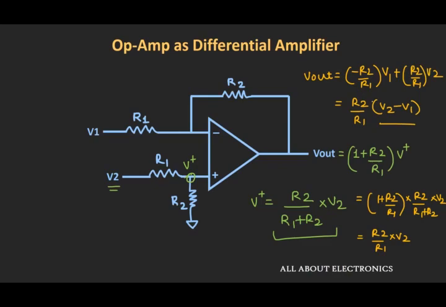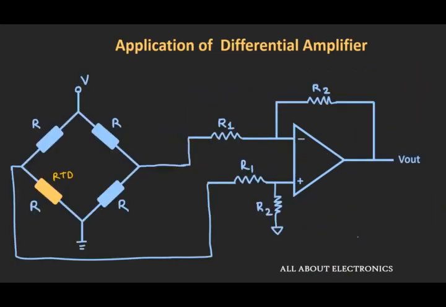So now let us see where this differential amplifier can be used. So apart from performing the mathematical operations, this differential amplifier can also be used along with the sensors. So let us say here we have a RTD and it is connected in a balance bridge circuit, and the output of the two arms of this balance bridge is connected as an input to the two ends of the differential amplifier. So here initially this bridge is balanced, but as the temperature changes, the value of this resistance R will change, and because of that the voltage that appears at the two inputs will also change.